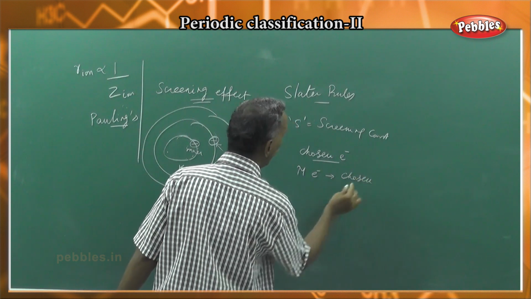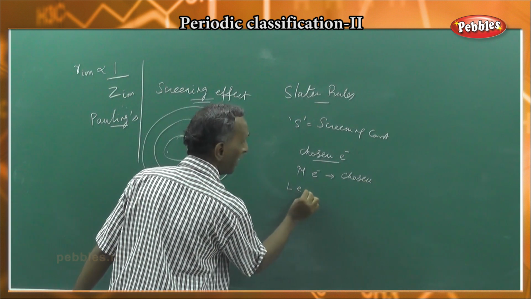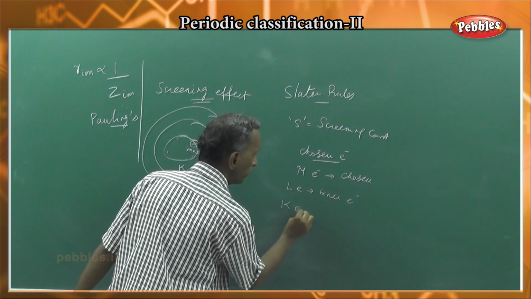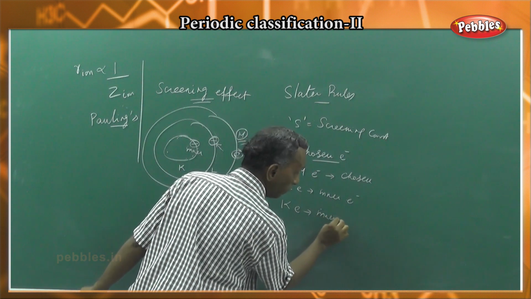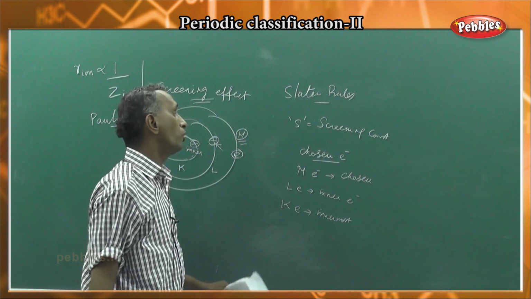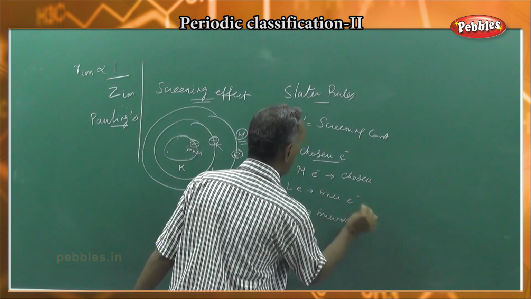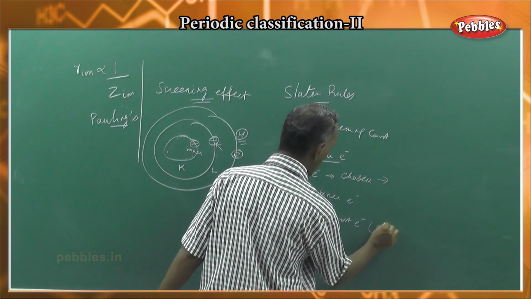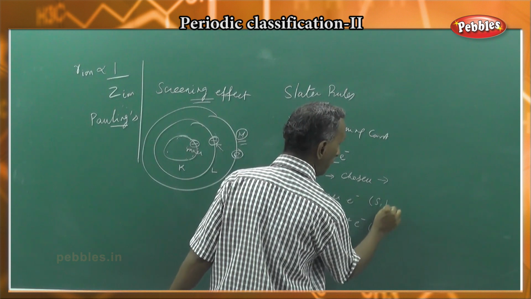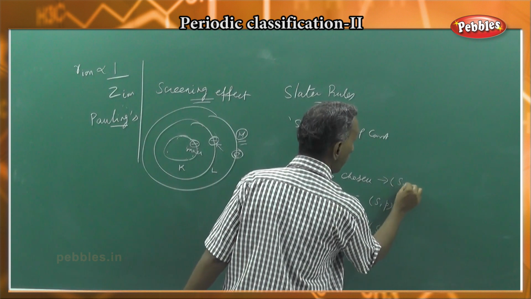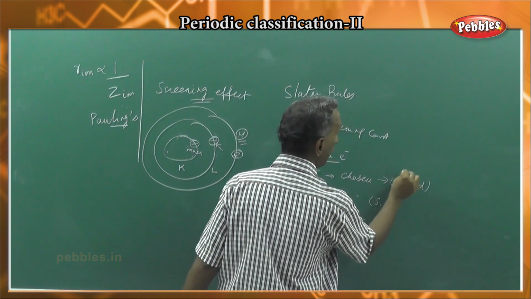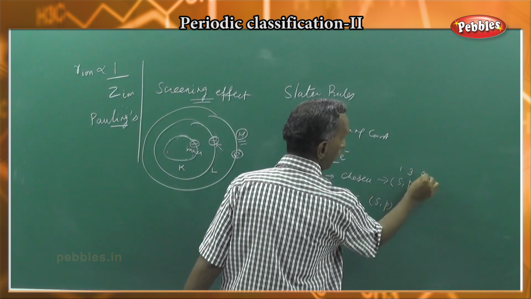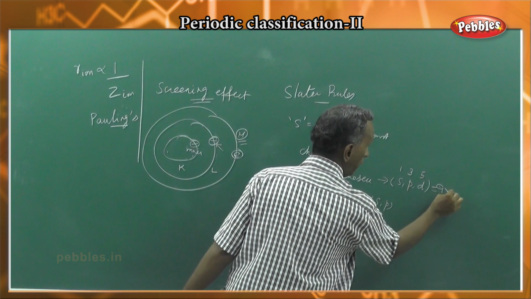For the M electron, if it is chosen, the L electron is the inner electron, and the K electron is the innermost electron. The K shell is the first shell. Now the M shell has many electrons. The K shell consists of only an s orbital, the L shell contains s and p orbitals, and the M shell contains s, p and d orbitals. The s orbital has 1, the p orbital has 3, and the d orbital has 5, so in total 9 into 2, 18 electrons.